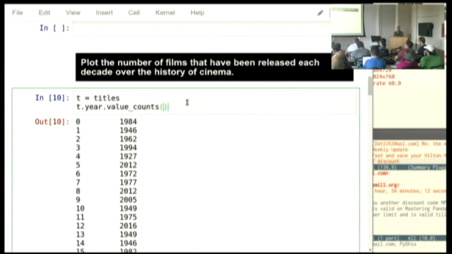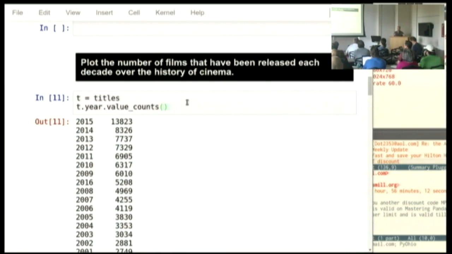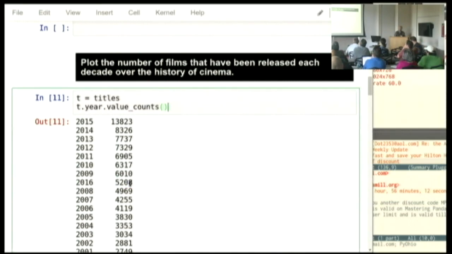All right, so we ask for not the value counts of the title that told us that Hamlet is the most popular remake, but the value counts is now going to tell us which are the most popular years. 2015 is the most popular because we keep, in general, making more and more movies through history. But you'll notice this isn't quite in order. The number of titles already in the IMDb for 2016 puts it between 2008 and 9. Like if no more movies were announced for release in 2016, it would already be like the 6th or 7th biggest year ever for number of movies released.